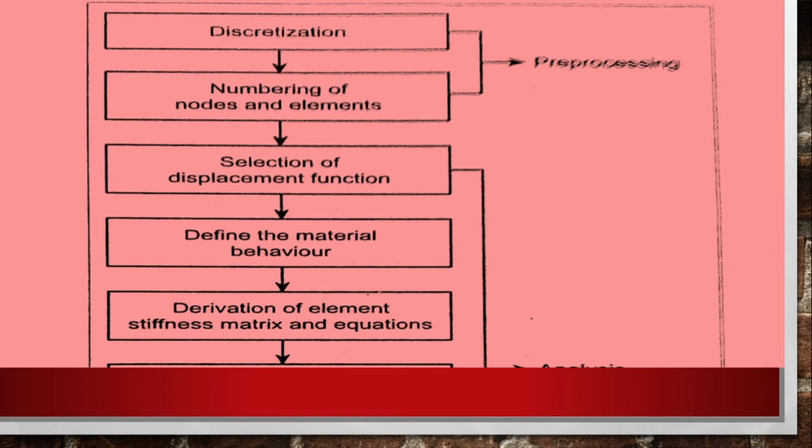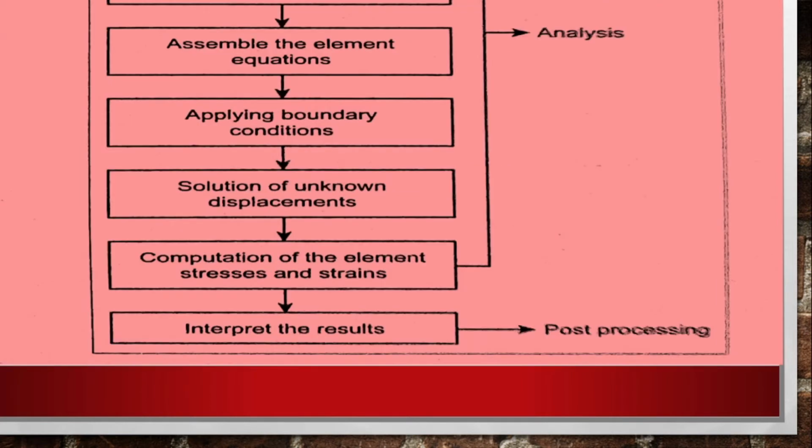In pre-processing, there are two important steps. One is discretization, and another one is numbering of nodes and elements. When we are taking the element, first we are going to discretize the element and give numbering to the nodes and elements. Then in analysis,